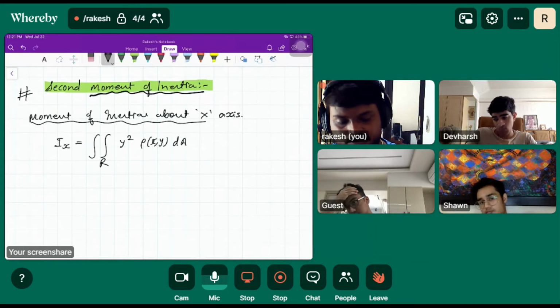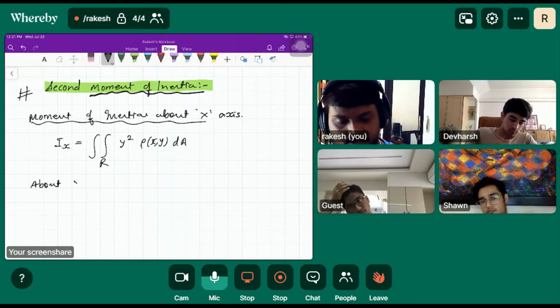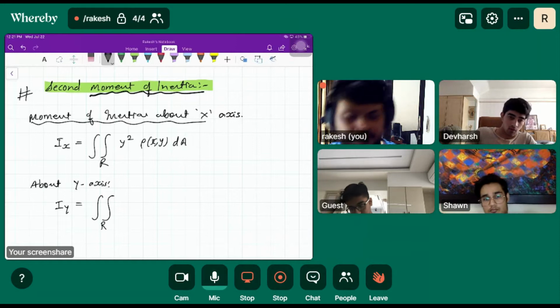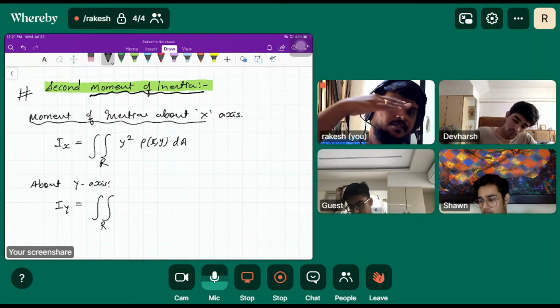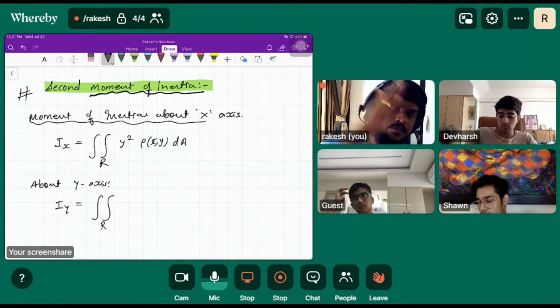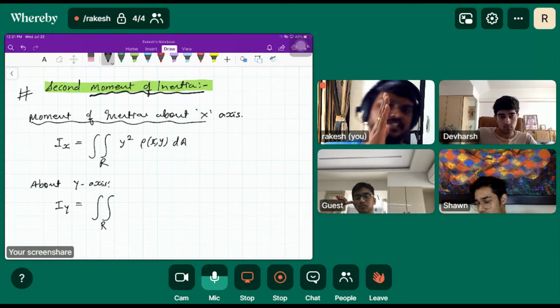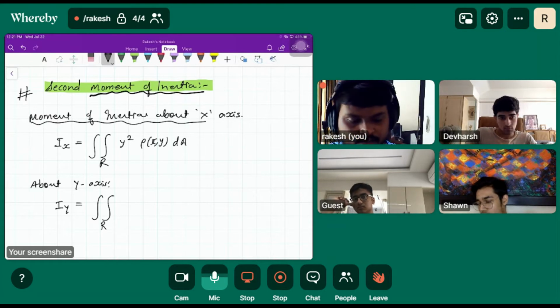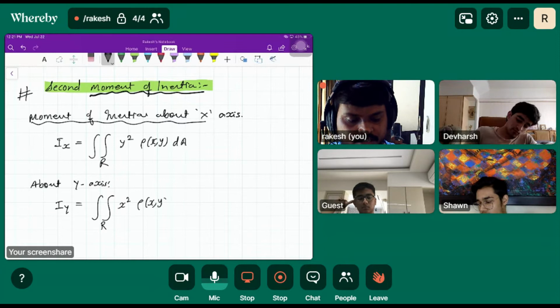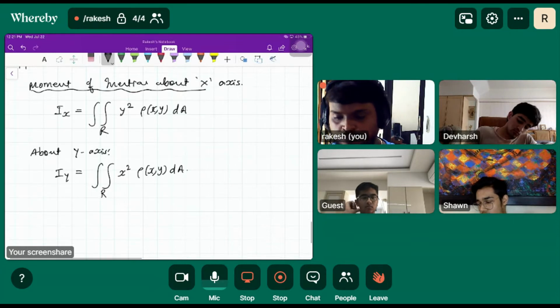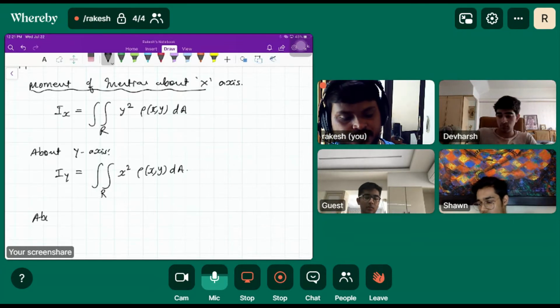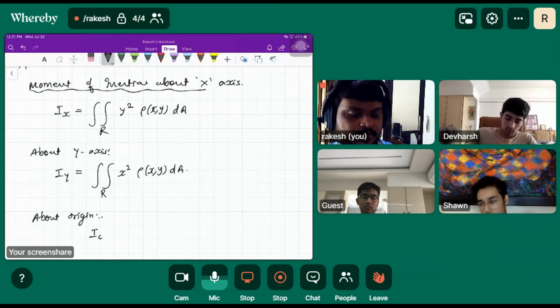And about y axis is Iy. About y axis means we are going along x direction, so the distance is supposed to be x, so x square rho(x, y) dA. Okay, and the moment about origin is sum of this, Ix plus Iy,